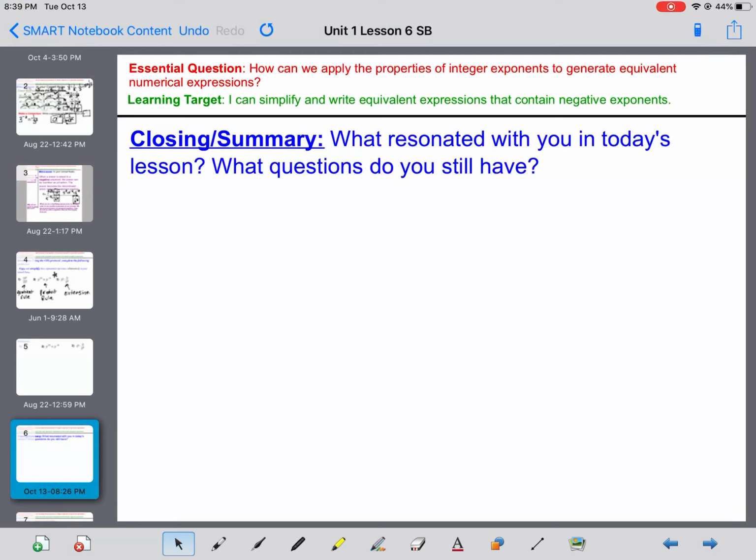The closing is what we usually have for our closing. What resonated with you in today's lesson, and what questions do you still have? If you have any questions,